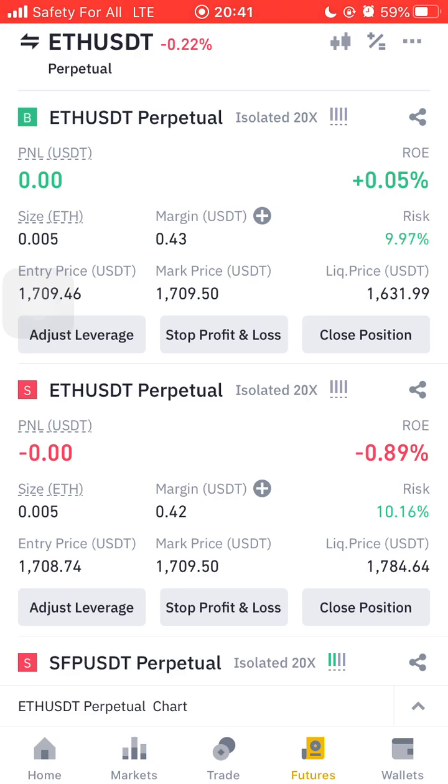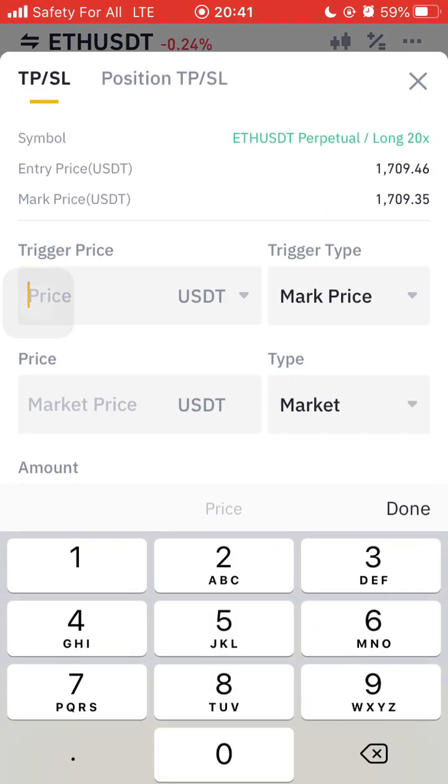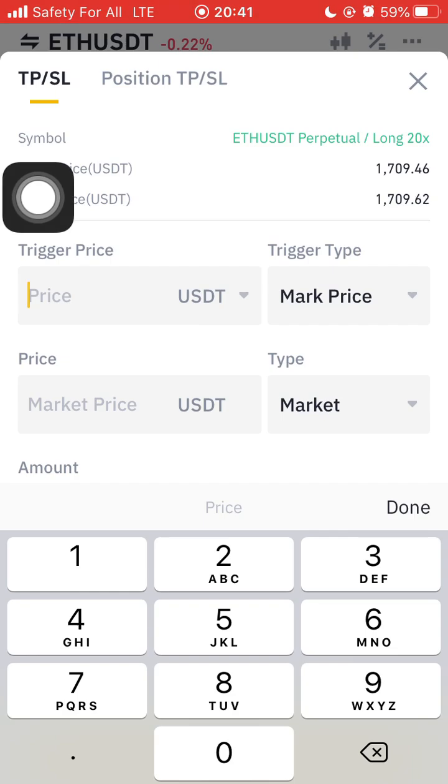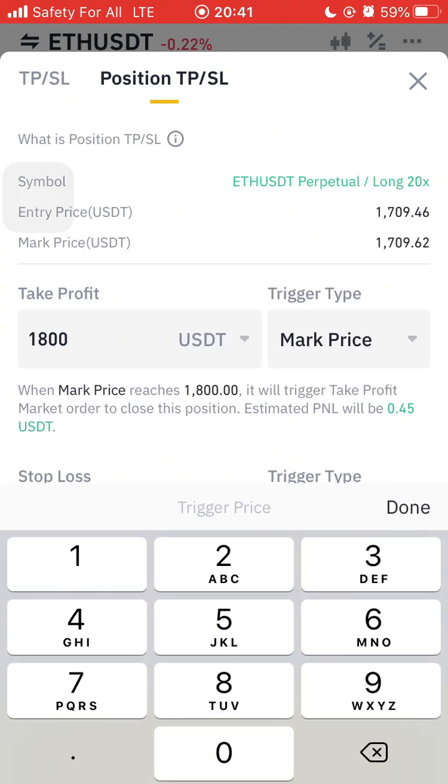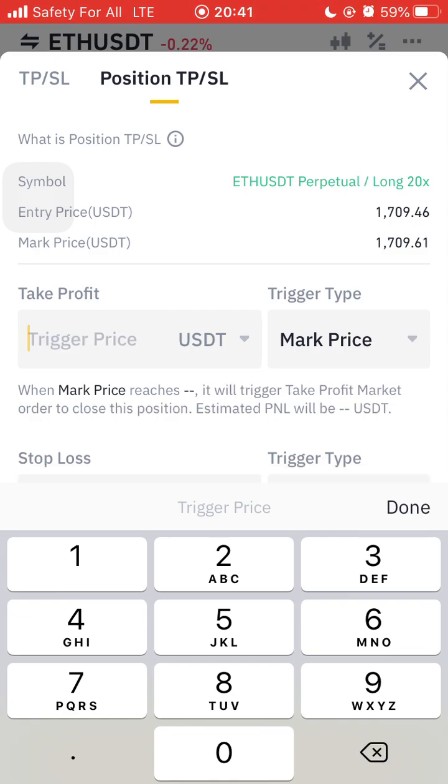As you can see right now, we're at plus 0.5% profit. Do you see how it is? This is the beautiful thing about futures. With spot trade, even when Ethereum goes to 1,200, we're making $1. But with this, now let me give you a perfect example. Let's go to our stop profit. This is 1,709, which means when Ethereum goes to 1,800, we're making $0.45. When Ethereum goes to $2,000, right? $2,000